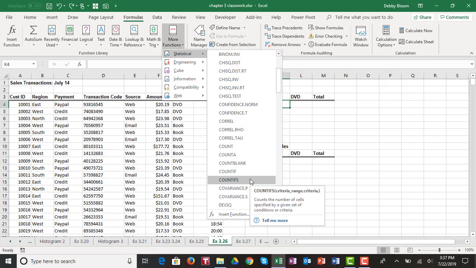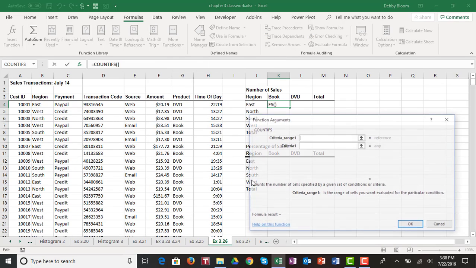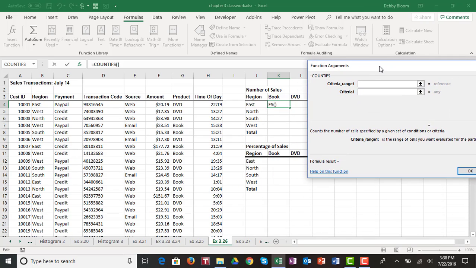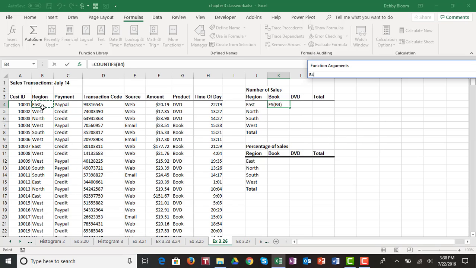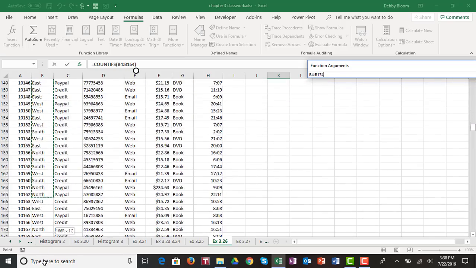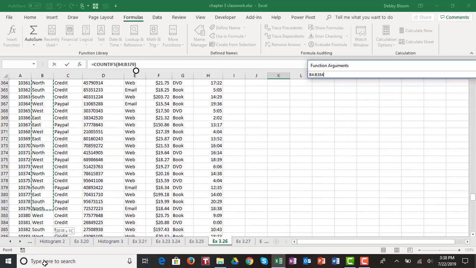If you do not see this function, it means that you're using an older version of Excel and you can't follow along until we go into the pivot tables. So we're going to click our COUNTIFS. And now our first criteria range is going to be the region. So for my first criteria range, I'm going to click on cell B4 and select the range B4 all the way down to the bottom,